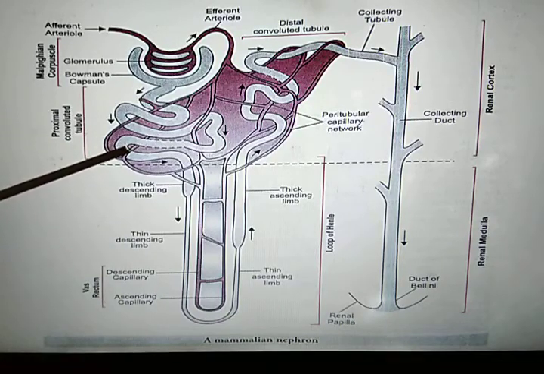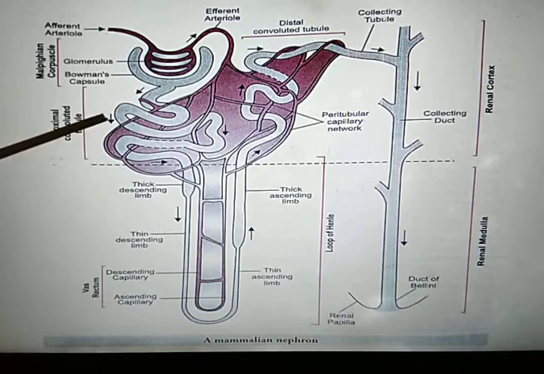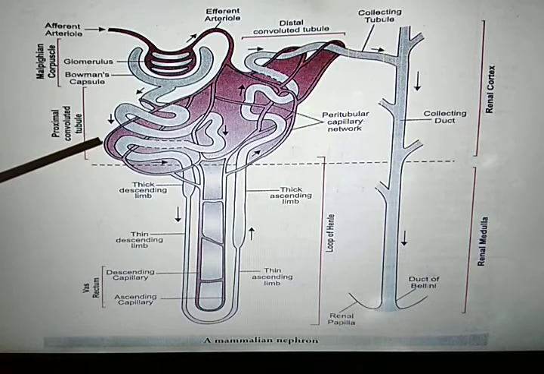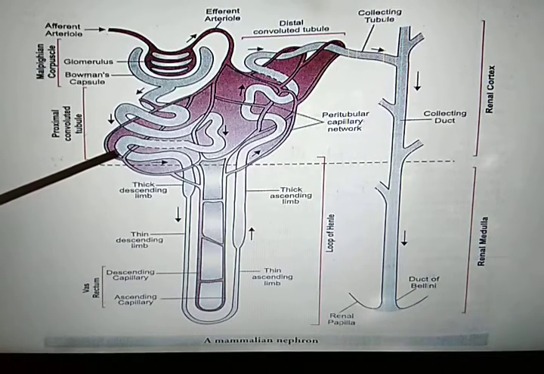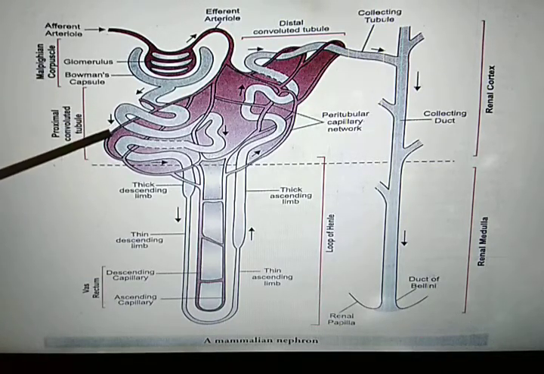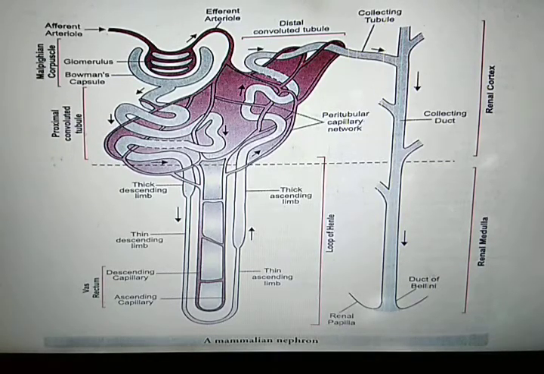It is lined by the simple cuboidal brush border epithelium, which increases surface area for absorption. You have studied about villi in the 16th chapter, digestion and absorption of food, that in small intestine villi are present, which are finger-like projections, which increase the surface area for absorption of digested food. Similarly, the proximal convoluted tubule itself has a brush border appearance, which looks like villi, and it also increases surface area for reabsorption.